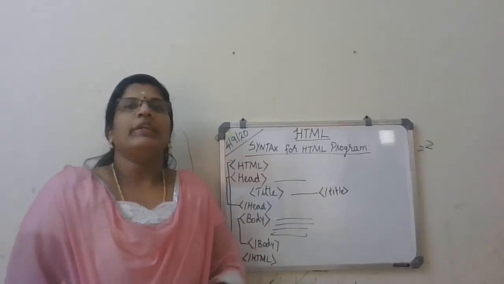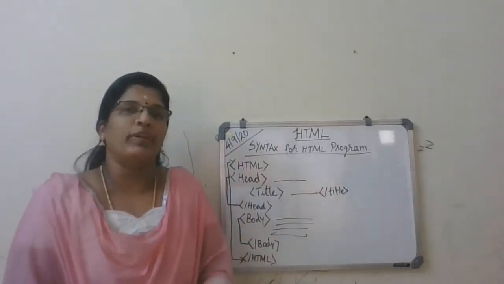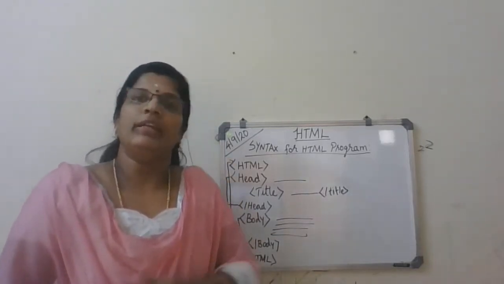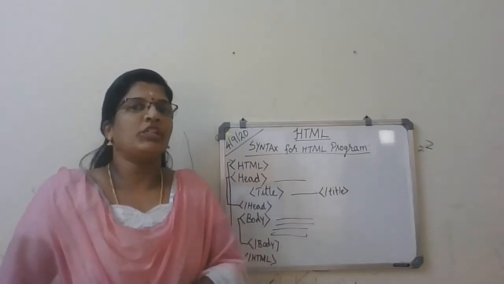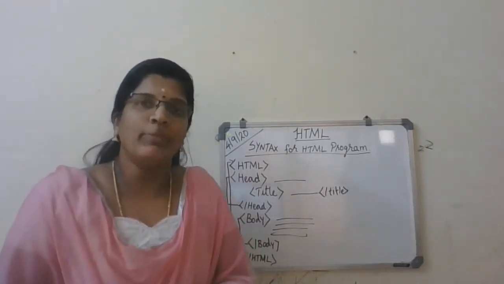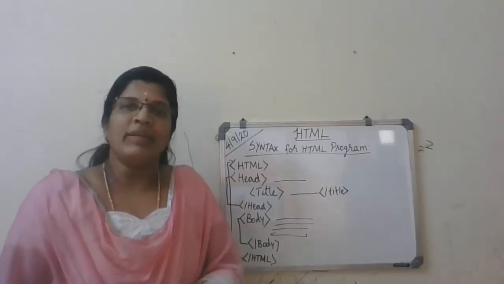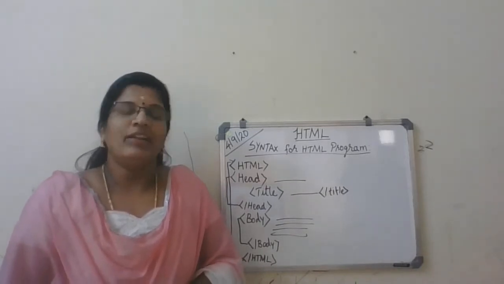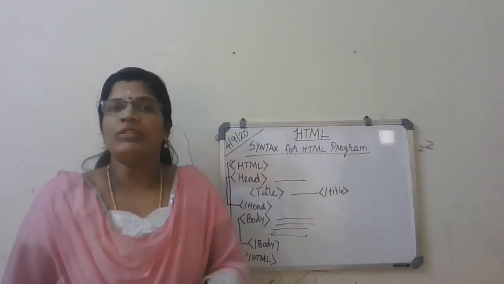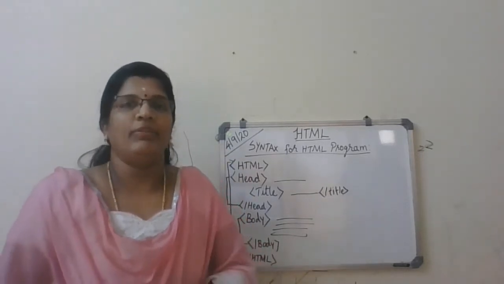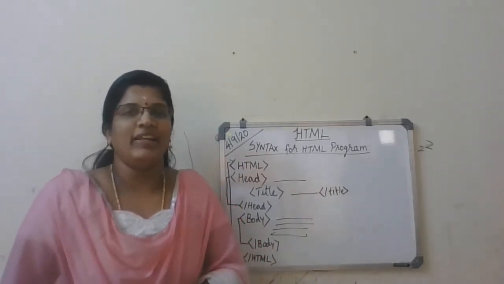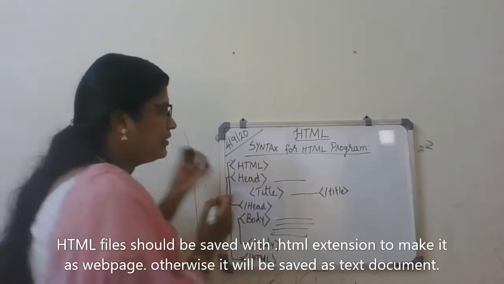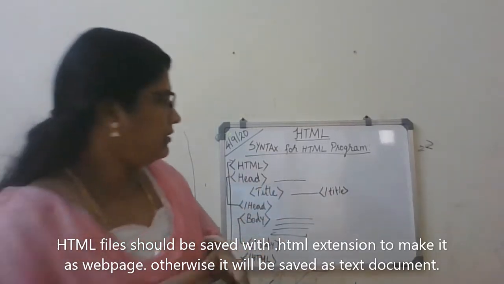Fine. So can you tell me how to save this HTML program? Go to File, Save. That correct? That's good. That is the same way, but there is a small change in saving, right? What is that? Do you remember? Yes, tell me. Aditya, tell me how to save this HTML file. Loudly say. Yes, we have to save it with .html. We have to give the extension of the file as .html. Got it?